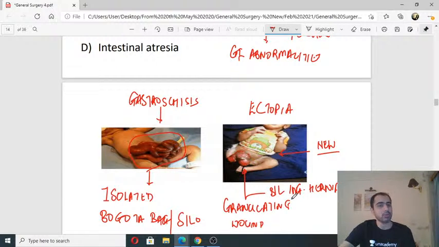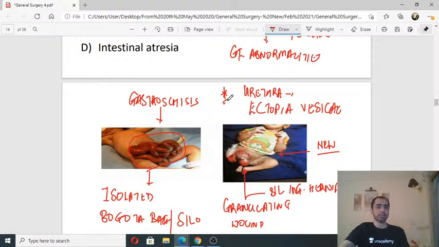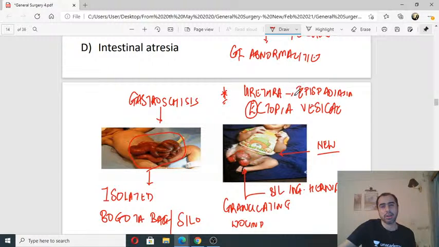What urethral abnormality is associated with ectopia vesicae? What happens to the urethra? This is also an MCQ. Yeah, what happens to the urethra? Epispadiasis, absolutely right. Epispadiasis. E for ectopia, E for epi. Not hypospadiasis. Understand,